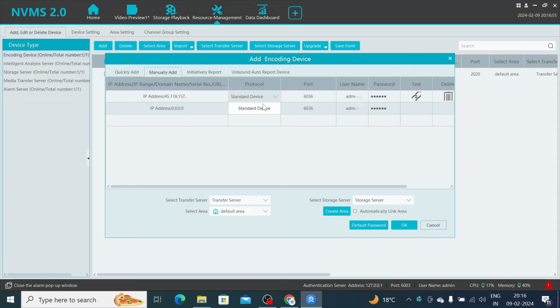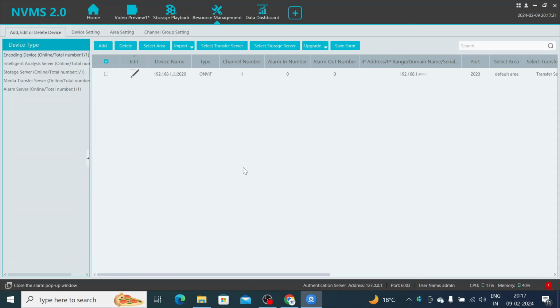okay, and go to the on-web device and again enter the port and go to the username and password. Please don't be confused here. In both cases, this is the username and password of the camera. Okay, that I will tell you to note down that address. Okay, and click OK. You see that it starts adding, and just go to the